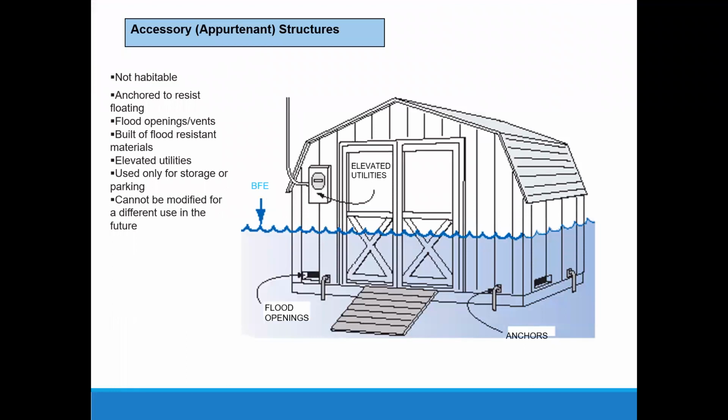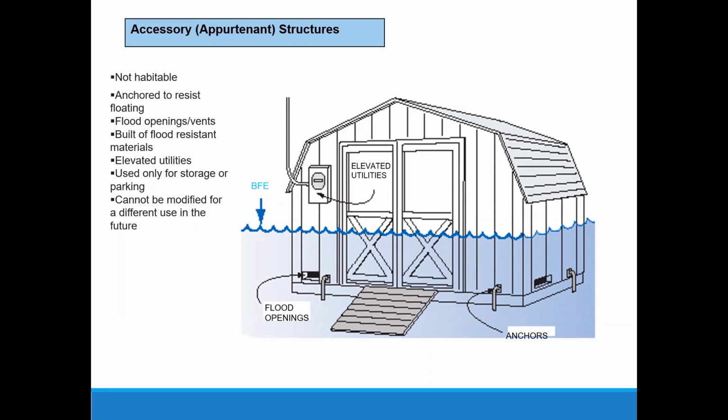So there's that. And then accessory structures are something that come up very frequently in the floodplain. This is something we deal with all the time. Again, in the audits. So this is like a shed for tools or a riding lawnmower or something. A single car garage is similar. So